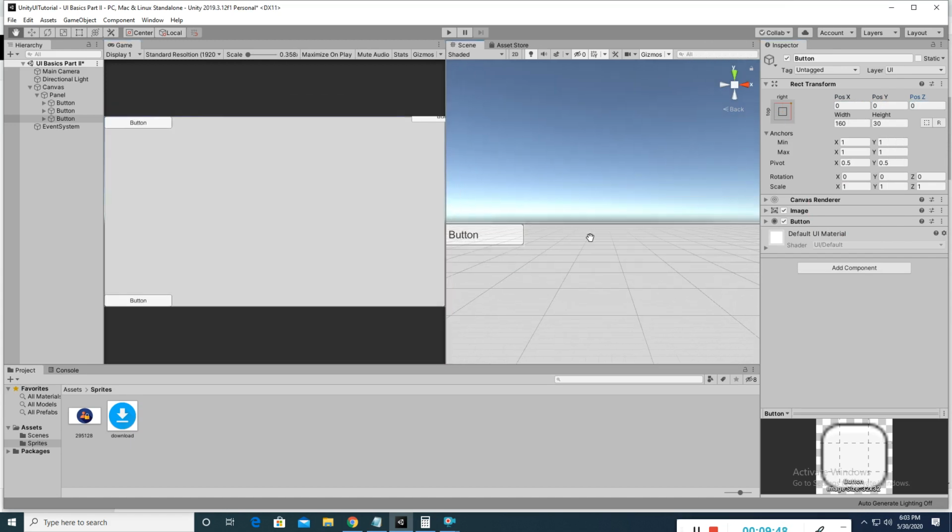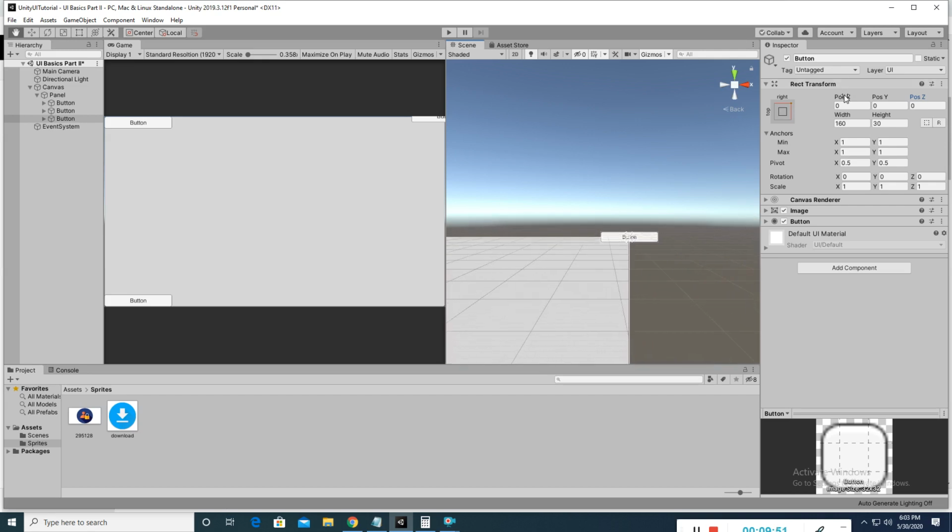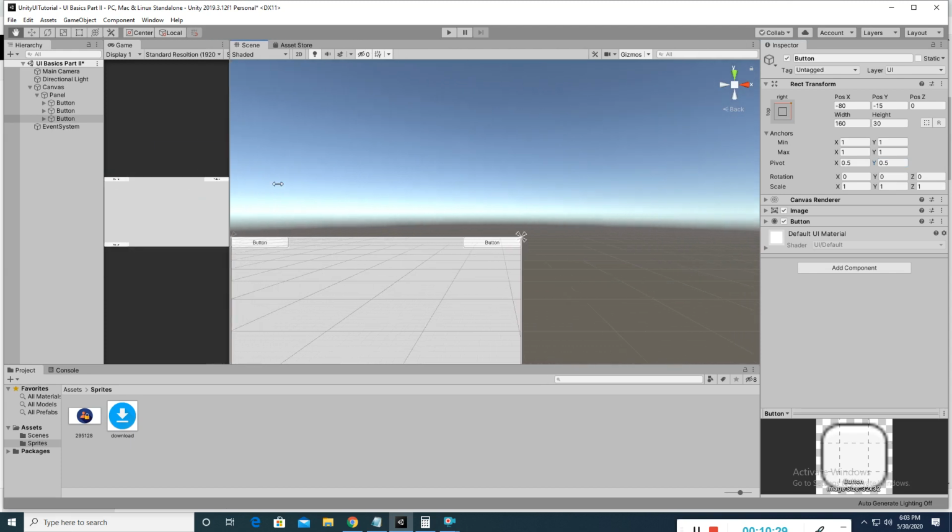If I don't want to change the pivot point, I can change the x and y position, but this will not be so accurate. The width is 160, I will divide by 2, so it will be minus 80. Okay, if I do that, minus 15. So without changing the pivot point, I can set it like that with the XY position. You will see that these four buttons will be in these four corners only.